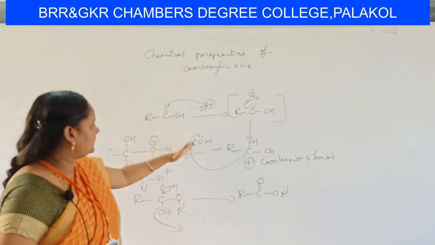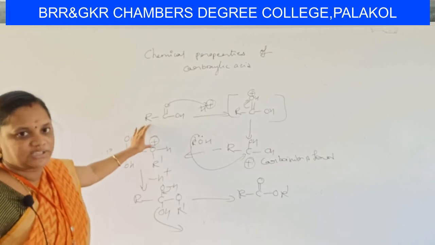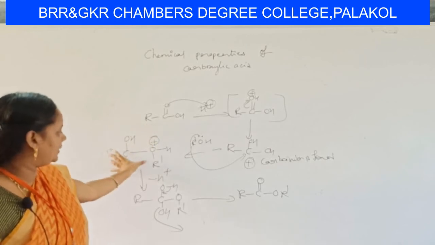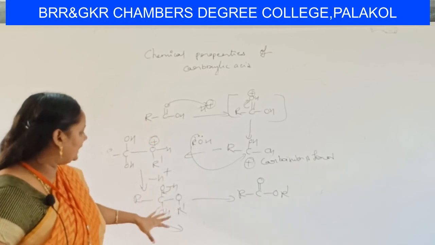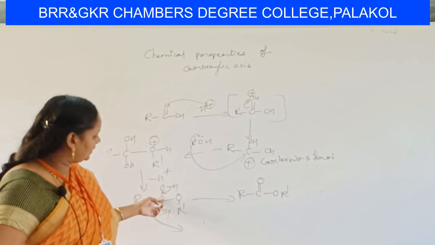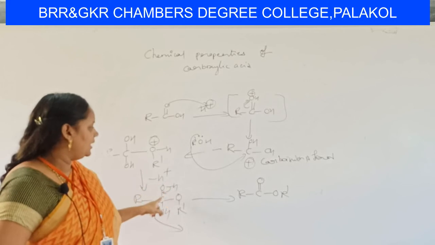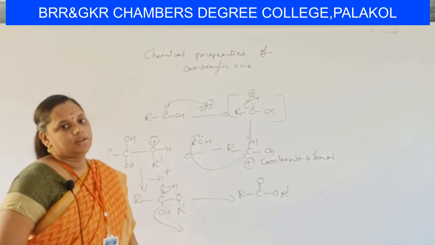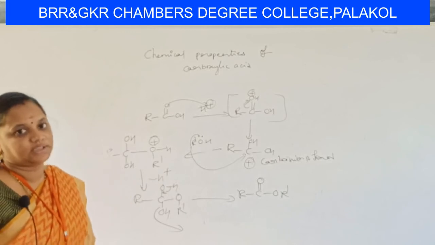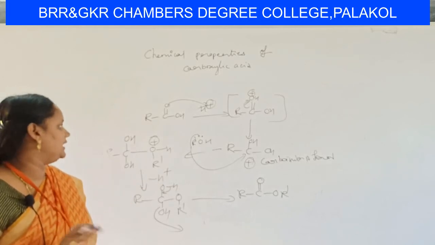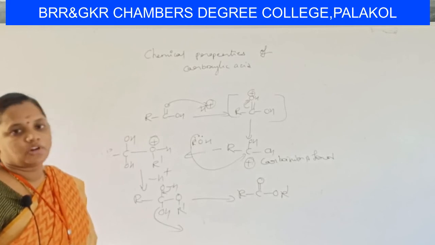Okay? In the next step, alcohol molecule attacks the carbocation, you will get oxygen with positive charge, which again destabilizes the intermediate. Then again proton is released. You will get a molecule with carbon having two OH groups, which is not that much stable. Again you will get an ester. Okay students, this is about the mechanism of esterification reaction in the presence of carboxylic acids.